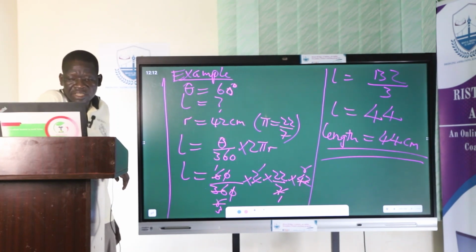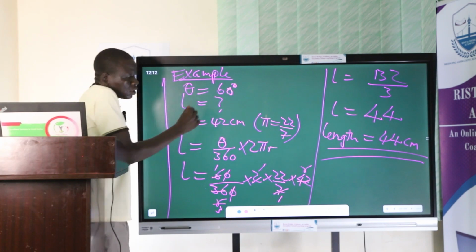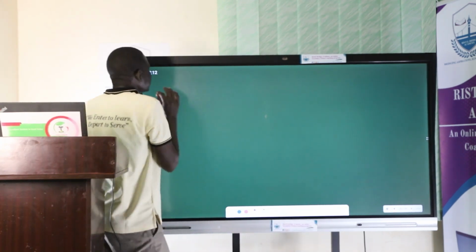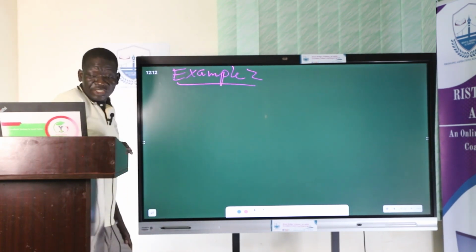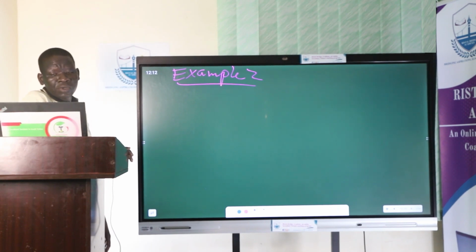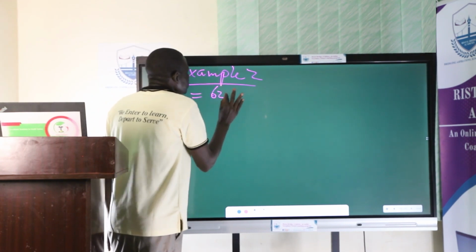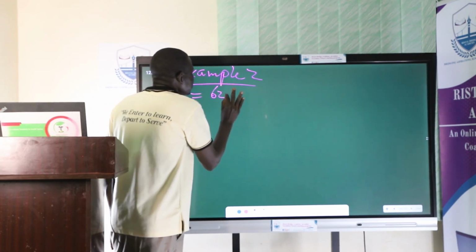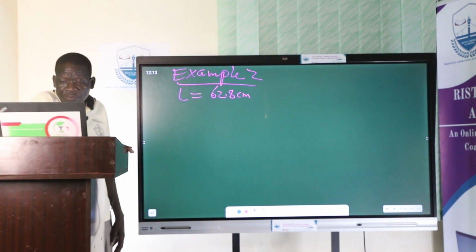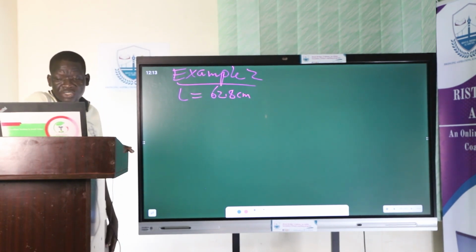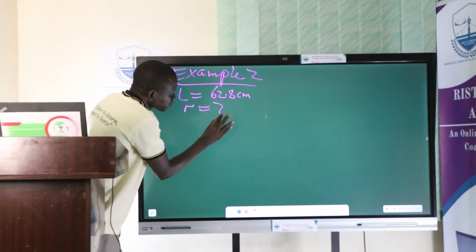We are saying the length of an arc of the circle is 62.8, so our L is equal to 62.8 centimeters. Find the radius of the circle. Radius of the circle we don't know. If the arc subtends an angle of 144 at the center,